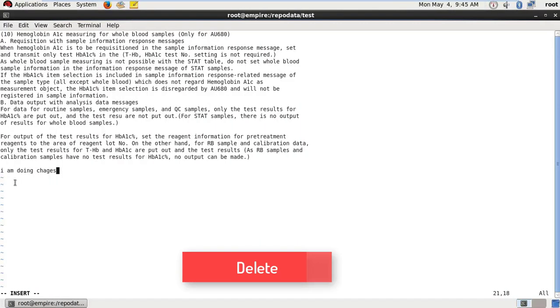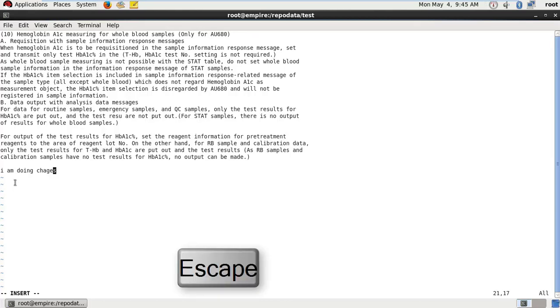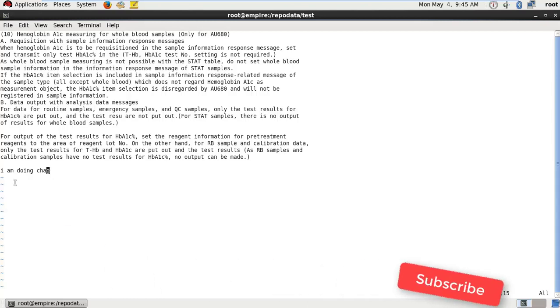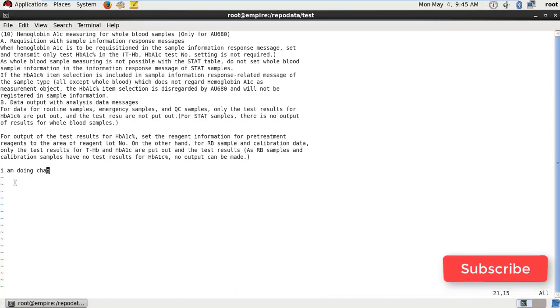To delete a character from a file, move the cursor on the incorrect character and put the command. First you have to press escape and put the command X. It will delete the character from the right. Okay. Now if you want to